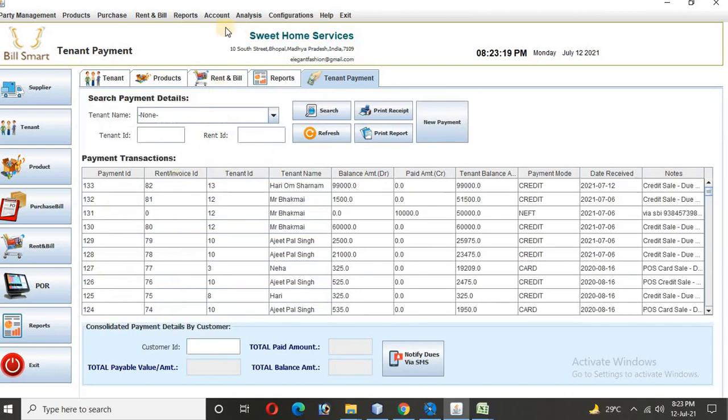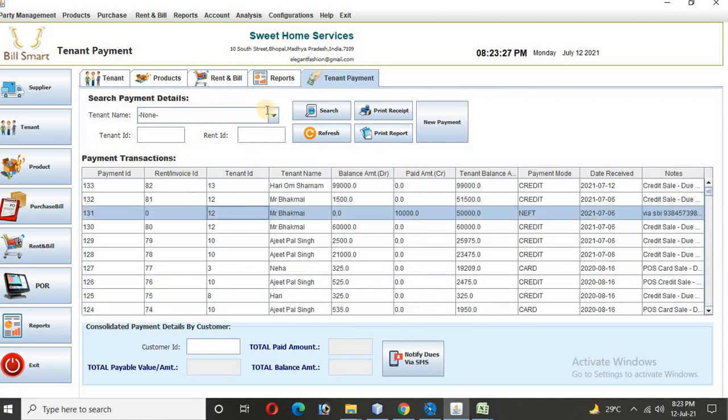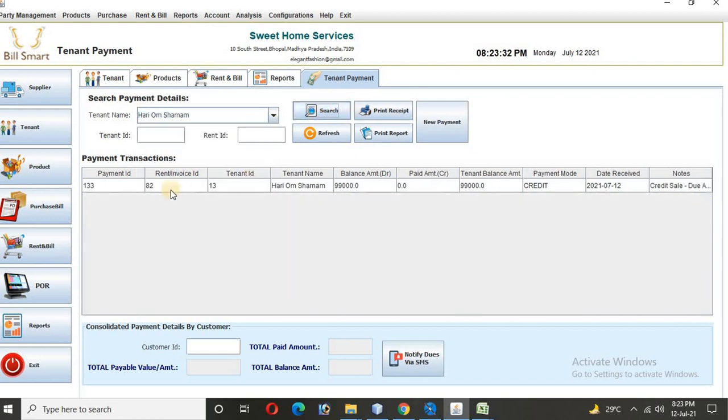As I click on accounts, tenant payments, all transactions will appear automatically. Now I'll go back to the top, or I can simply choose the recent one, that is Hariom Sharanam, the customer name, and I say search. As I searched it, there is only one transaction, so I find it. I wanted to see the ledger, meaning the account statement, and the name is already selected. This can be done via the account ID of the tenant also. It can also be done via the rent ID, meaning if a receipt is done and we have given the receipt to the tenant, we can search via the transaction ID also.